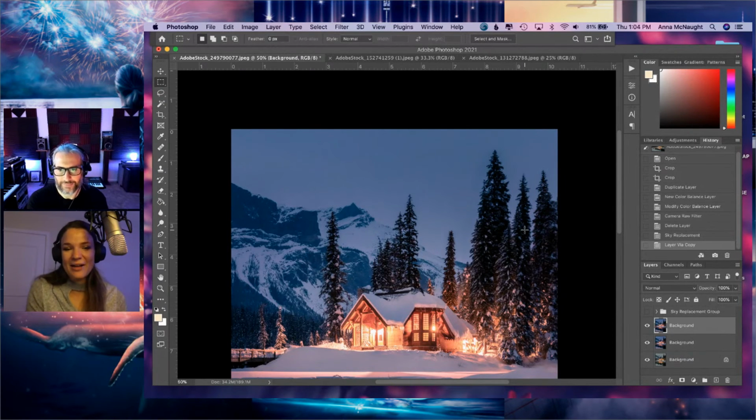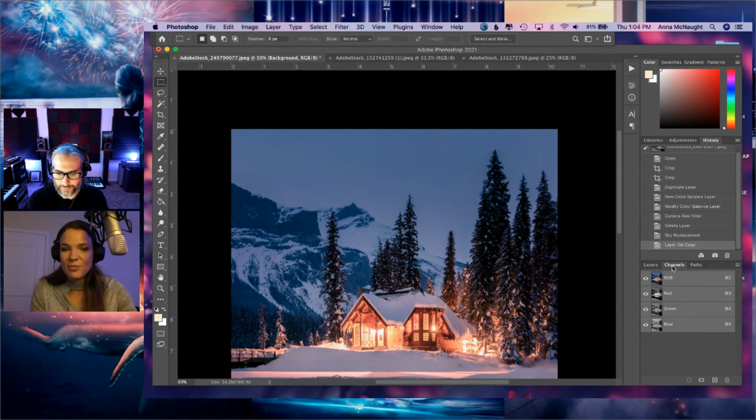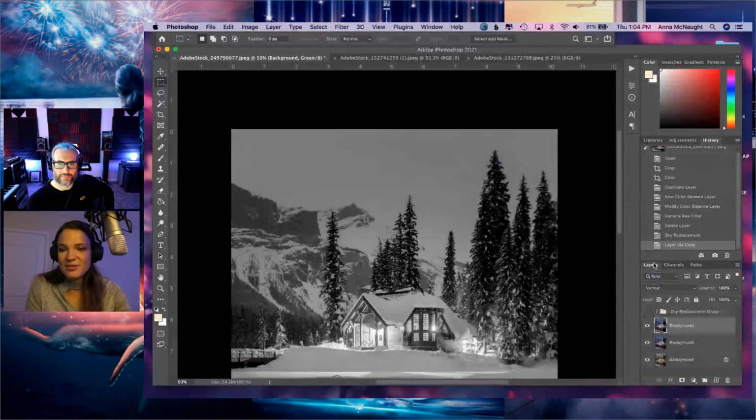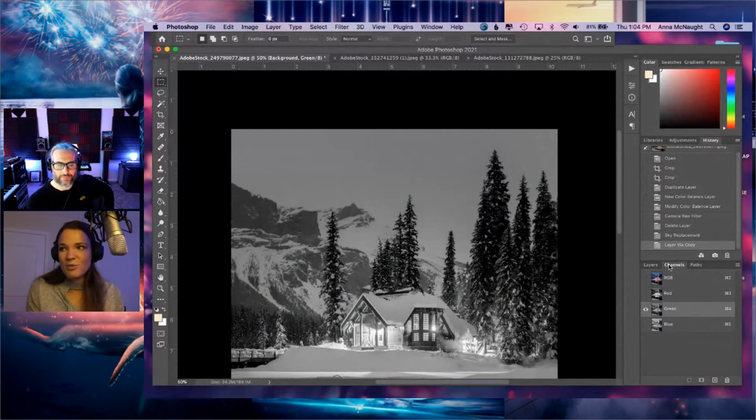So I'll just show one of the methods that I've used in the past, and some of you guys may know this, but for me, it works pretty well when we're doing something that has a lot of contrast going on between the sky and the foreground. Now we can clearly see that the sky replacement works just as well, but we'll test it out. And then I just hid the layer with the sky replacement so we can compare which one maybe does a better job.